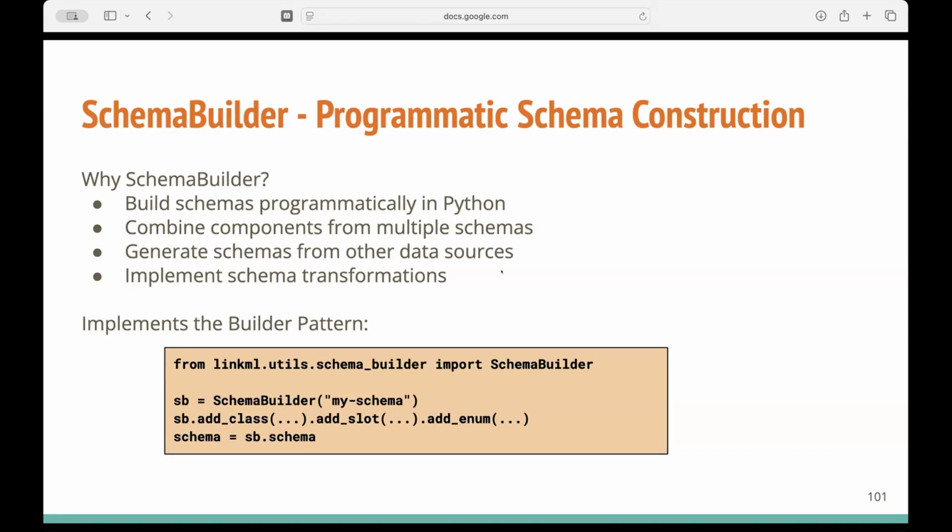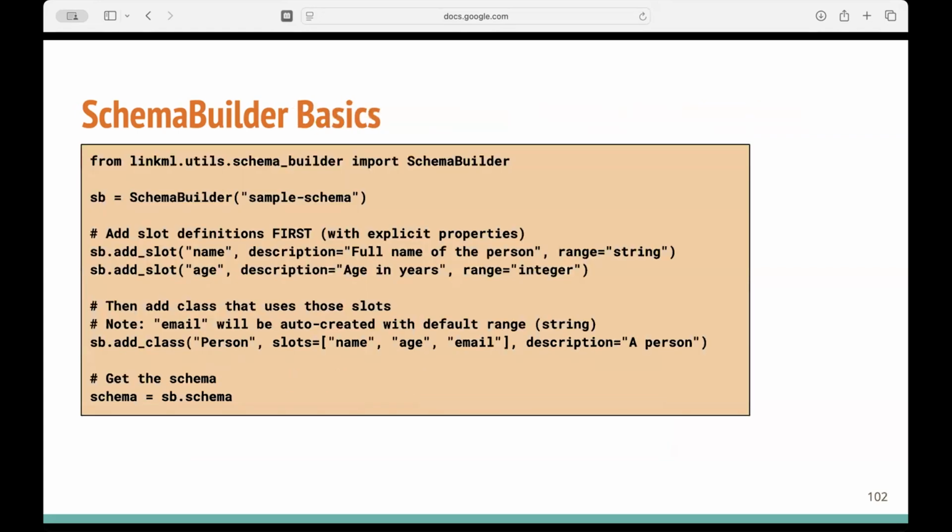And Schema Builder uses this nice builder pattern in the Python code where you initiate it, you make your schema, and you can just add classes and slots and enumerations programmatically, which means you could just write out everything you would have written in the YAML as Python code, but even better, you can have something that you iterate over and you add each piece. And so the basics of it are that you can add slots and you get this sort of code completion,